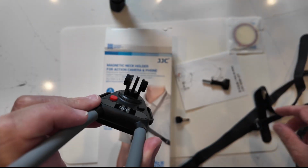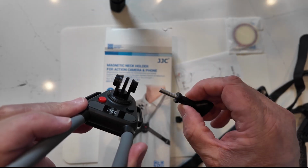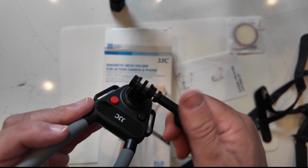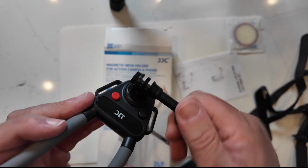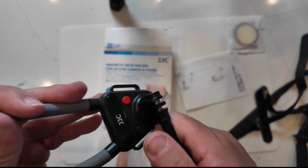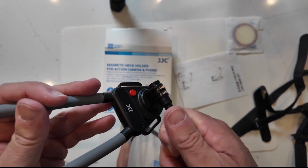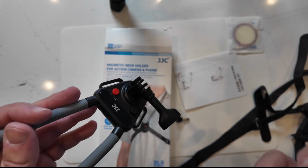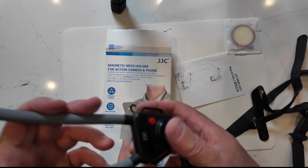You have the GoPro fingers and these large screws. So if you wanted to attach another action cam to it, you can, or anything that's got those finger type mounts. And this is primarily what I use for bike riding. Other than the 360 cam, which is my main cam, if I'm ever using an action cam, I'm using one